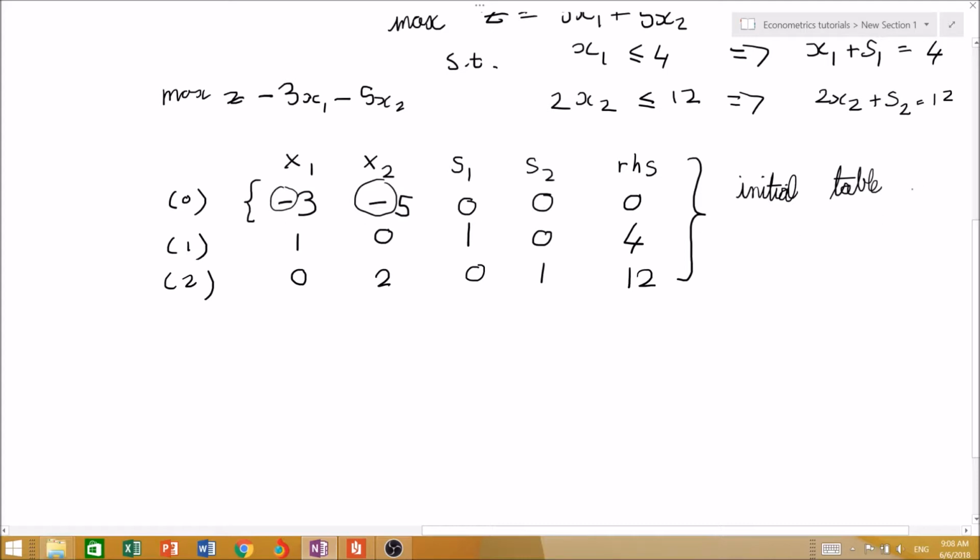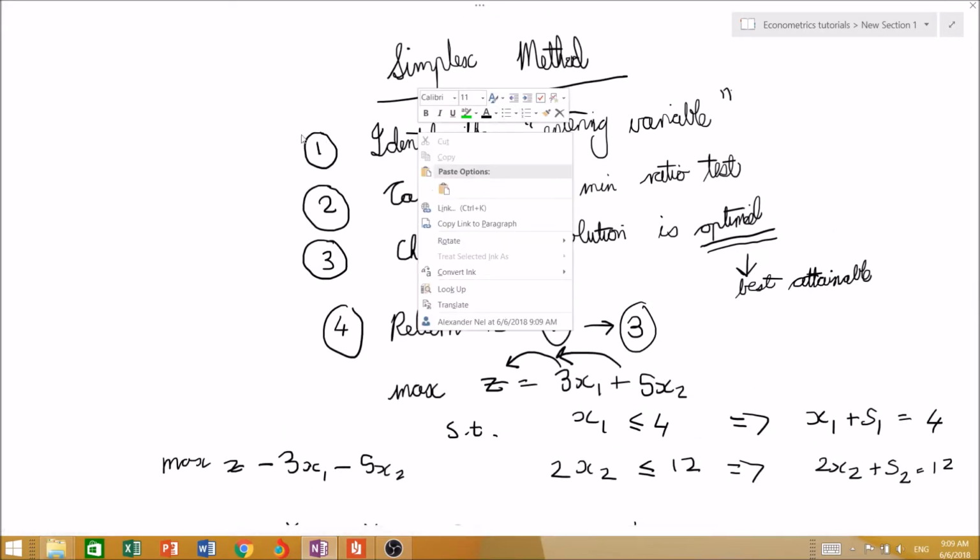A solution is only optimal if and only if, hence the 2 F's, all entries in row 0 are greater than or equal to 0. And since they are not, then we have to go and identify the entering